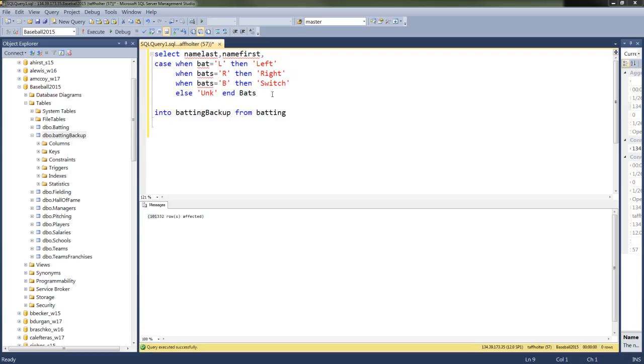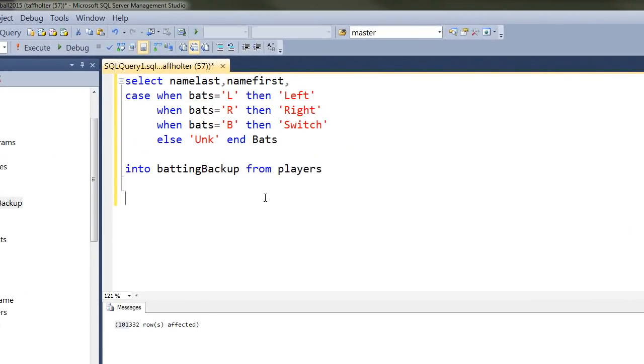What am I missing here? Select case here. Into. Oh! Let's go back in here and take a look, and I'm pulling it out of the wrong table here. And that should be bats here. There we go. Now, probably before I do the into statement, I would want to test it to make sure